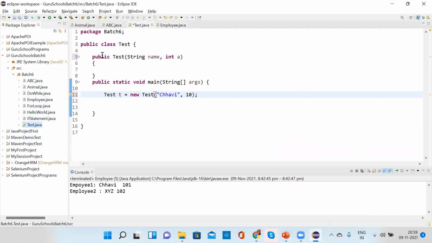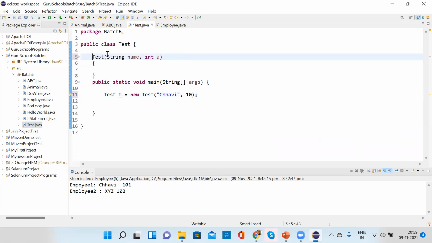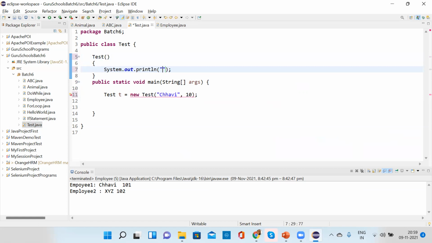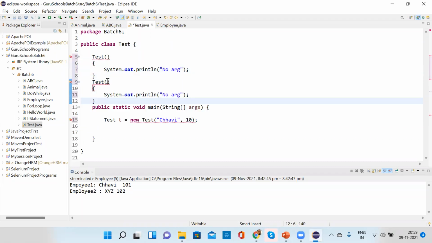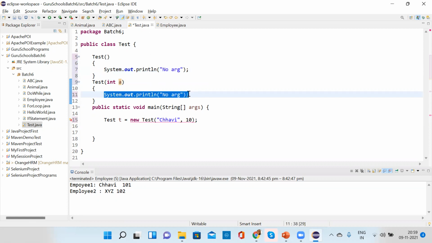Now there is one constructor. I am building a constructor here which has no argument, and what it is printing is no argument. Now there is one more constructor which is printing integer a, or anything like that, and this is an argument constructor.